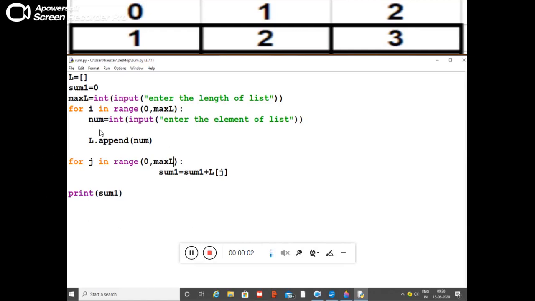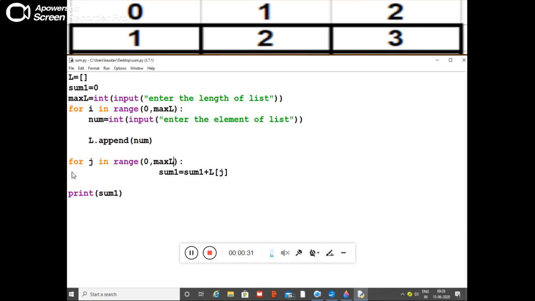Now what is new that we have done over here? Last day we did a program with the list, but there it was a static initialization, means when I declared the list, I initialized what the elements of the list were. Here today the size of the list and the elements of the list are going to depend upon the user. Append is a function, an inbuilt function. It will insert the element in the blank position of the list.